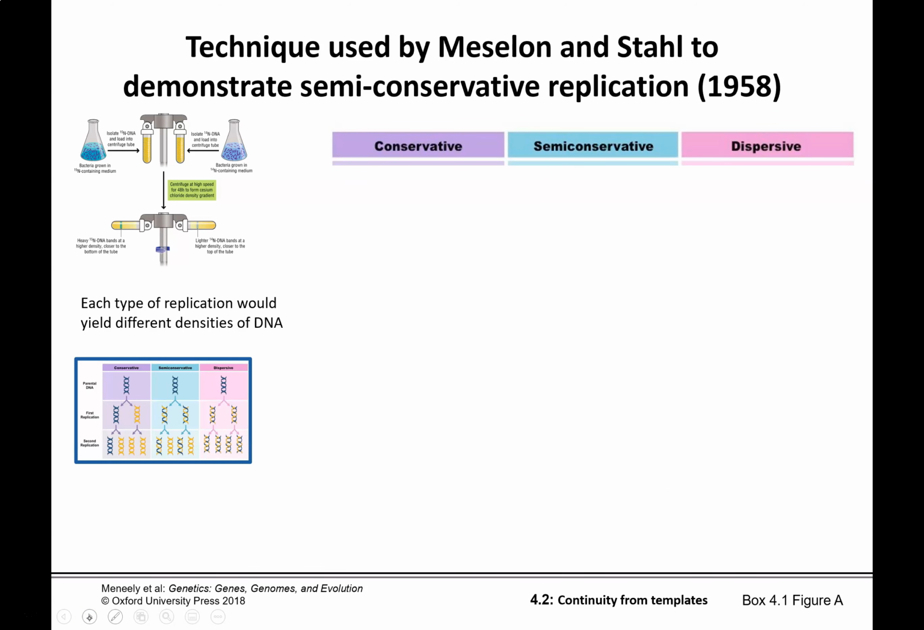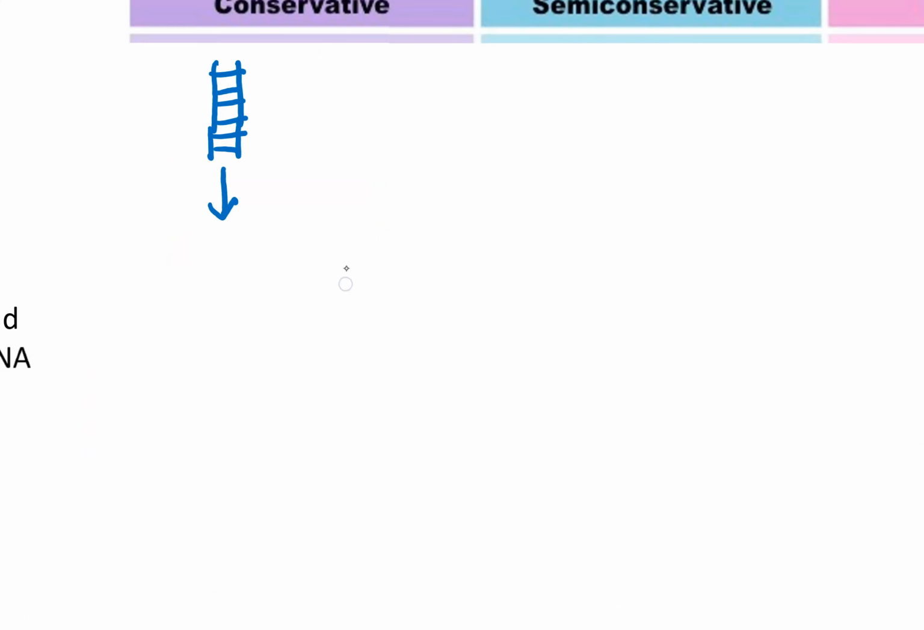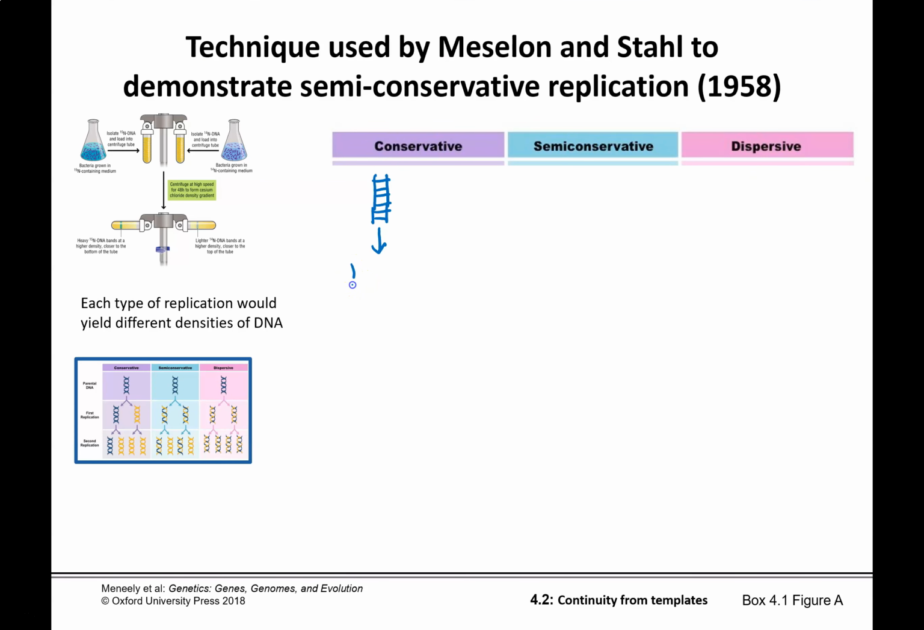So if we have our conservative molecule, let's talk about what would likely happen, what kind of results we would get. If we grow it in N15 and we switch it to N14 and we allow one round of replication, we should have our original N15 parental DNA